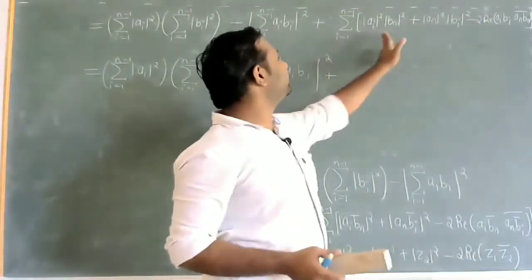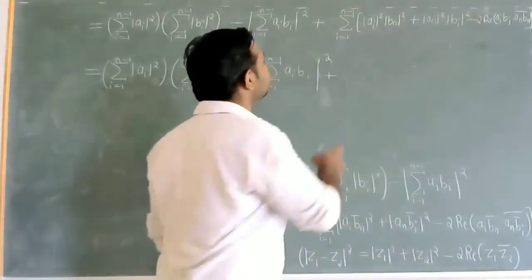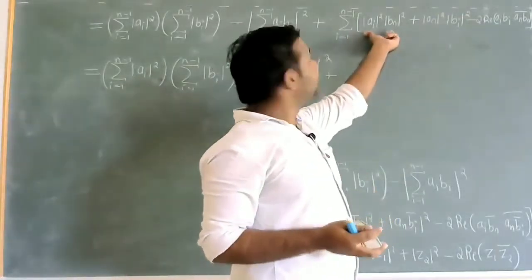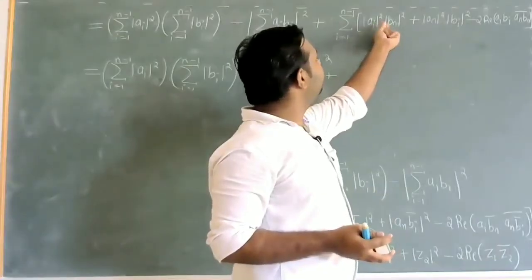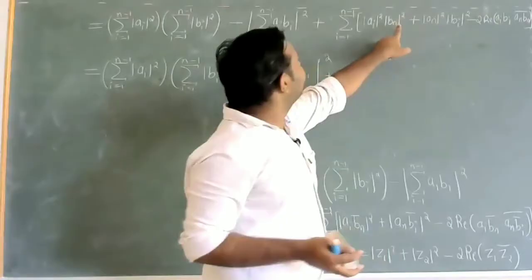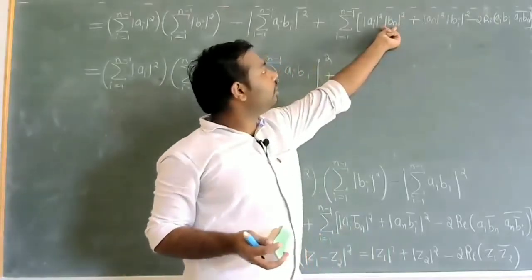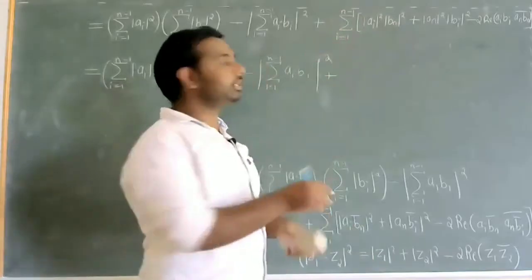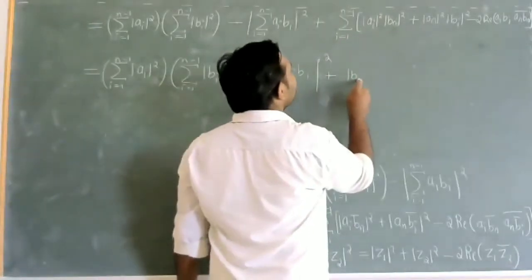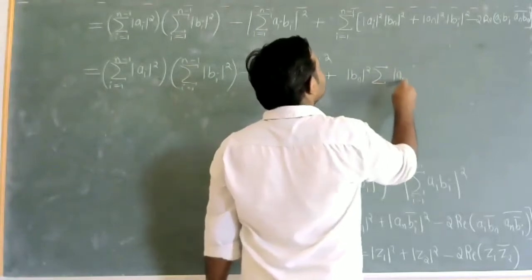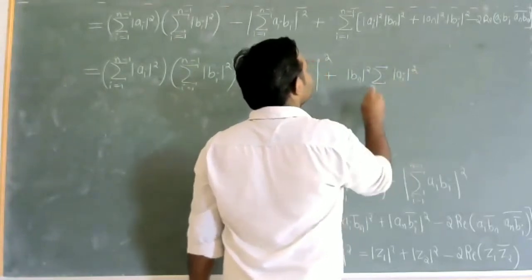Now split the summation for all these three terms. So first will be summation of this term, summation of modulus of ai whole square into modulus of bn whole square. As this is constant with respect to the index i, I can take it outside the summation. So the first term will be modulus of bn whole square into summation modulus of ai whole square, i running